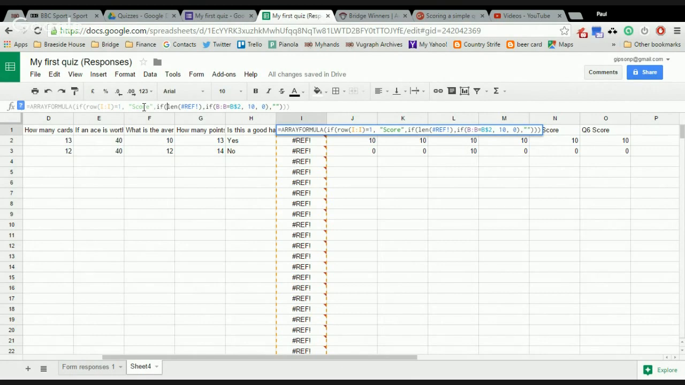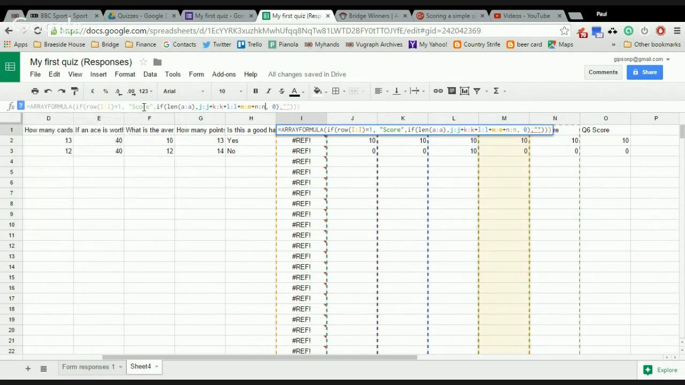The function we want is, again, if the length of A:A is valid, then what we actually want to do is sum all of the scores in the row. So the first one is J:J plus K:K plus L:L plus M:M plus N:N